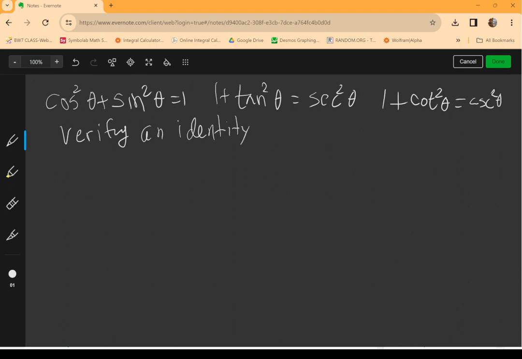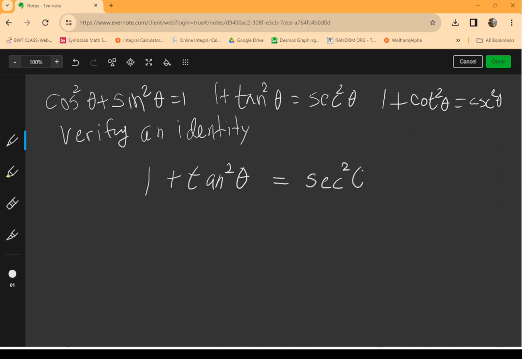Let's look at either one of these. That's not the cosine squared theta one, the other ones. The other ones have a little more to work with. The cosine squared theta plus sine squared theta equals 1 kind of just comes from our proof of the Pythagorean theorem itself. But the other ones, we can actually apply some of our previously discussed identities. So let's say we wanted to